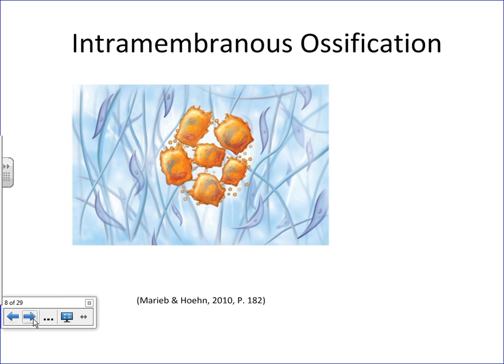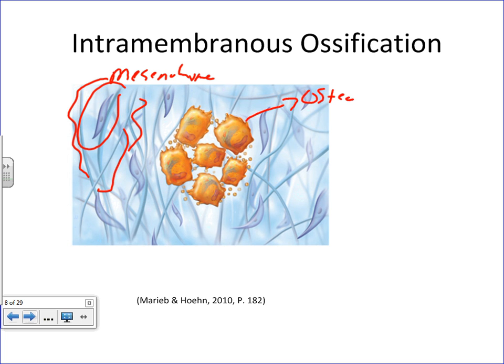What you see here with this blue environment represents the mesenchyme. Basically this mesenchyme is a bunch of undifferentiated cells and some collagen fibers. What's going to start to happen is you're going to start to develop these cells. Remember what these cells are based on what I showed you earlier? These are osteoblasts. You'll start to develop these osteoblasts, and then they're going to start to lump together, and once we put these all together, this is what we call an